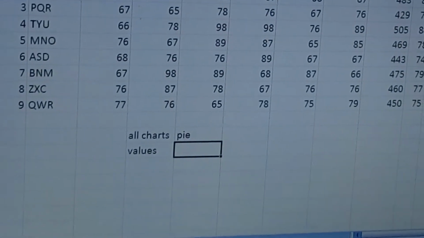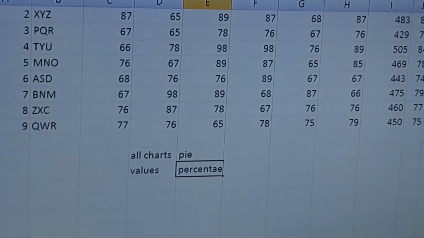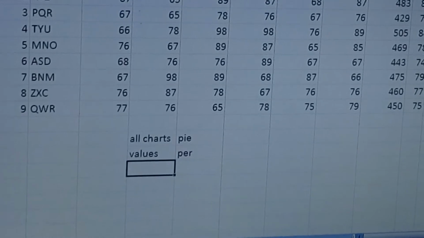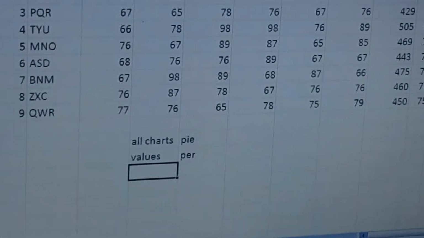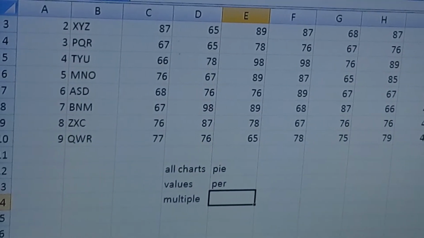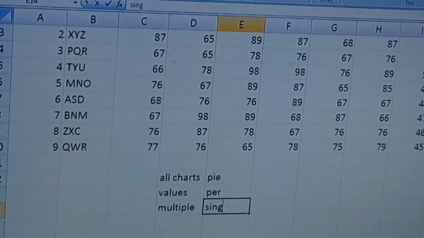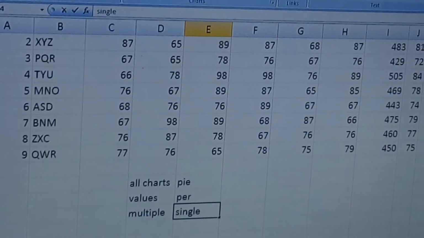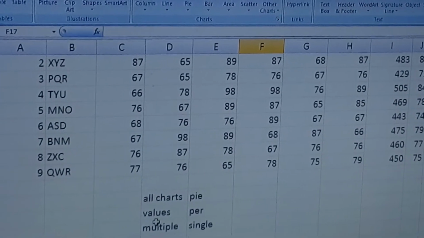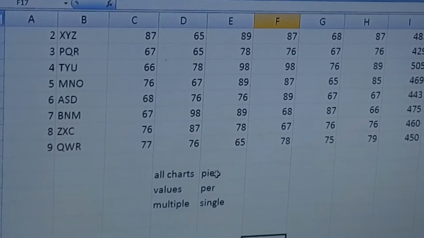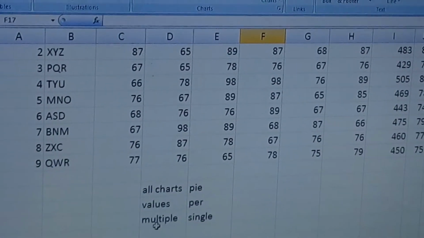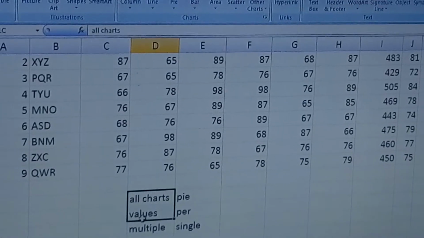Pie chart works on percentage, and other charts work on multiple series, and pie chart works on a single series. So there is a difference between pie chart and all other types of chart. All other types of charts work on the values, and the pie chart works on the percentage. Different charts can work on multiple data series, and pie chart works only on a single series.